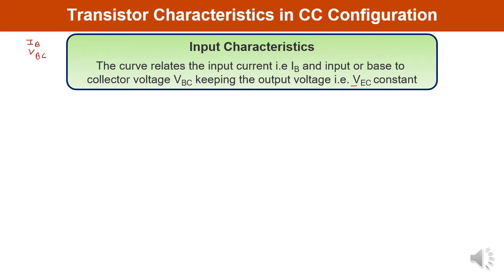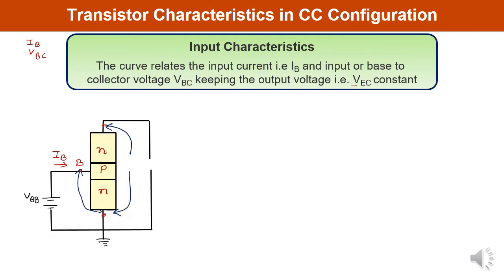So first you need to draw the common collector configuration. Let us draw. You can see here the collector terminal is made common. This is the collector terminal, this one the emitter terminal. So here the collector terminal is made common with the base and emitter. IB is the input current, IE is the emitter current which is the output current over here, and IC is the collector current. And in this particular case you can see this VBB, and there is one more battery at the output side which is denoted as VEE.